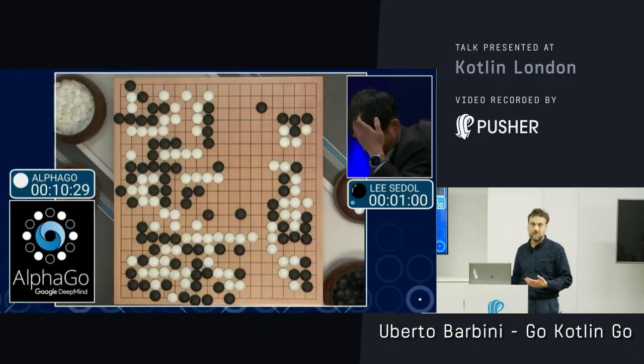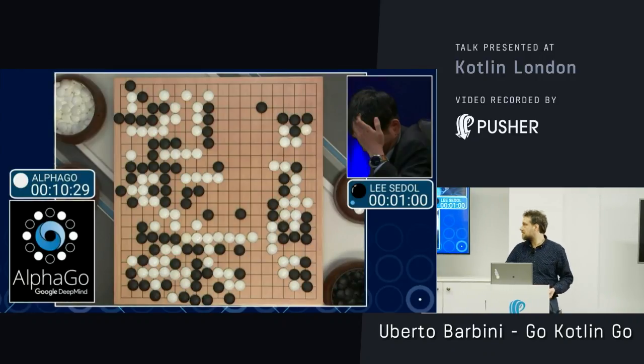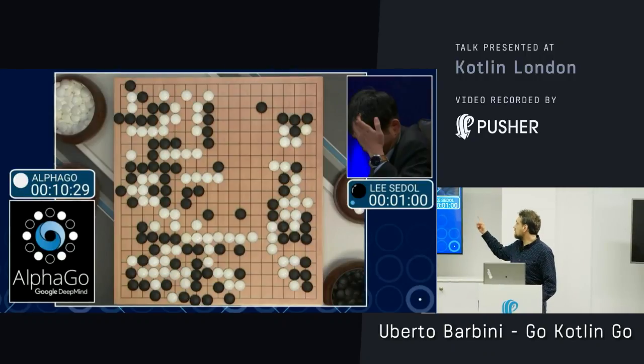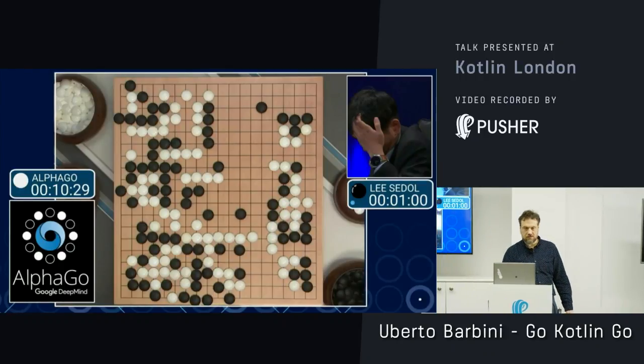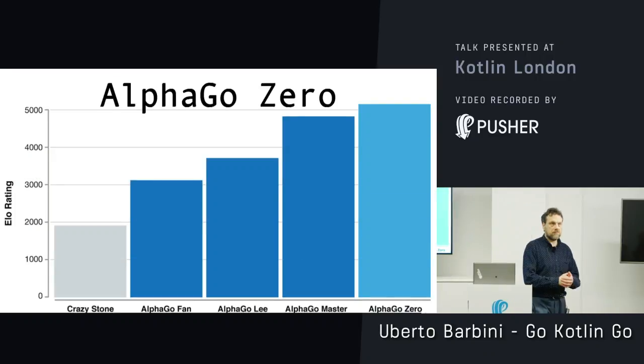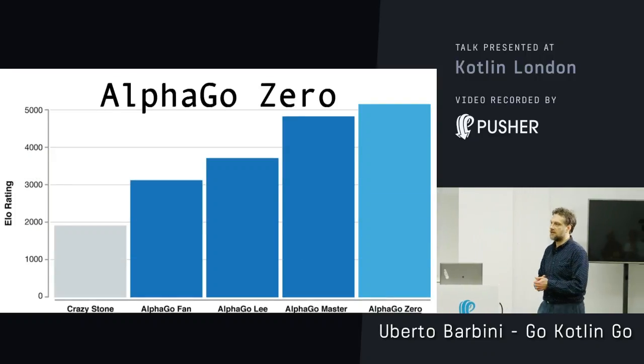Go is completely different. And this is the world champion of Go. And this is how Go more or less looks like in play. A very quick introduction to the software, AlphaGo.